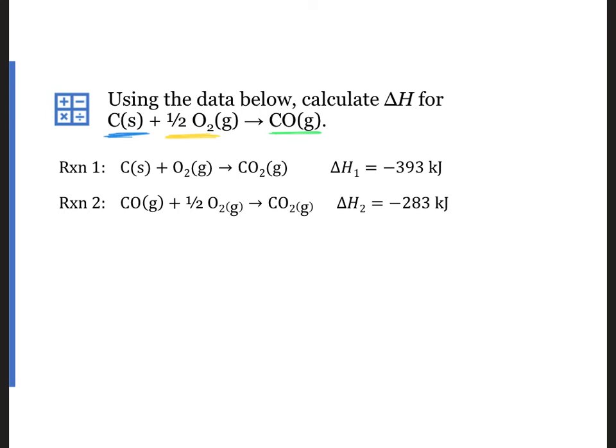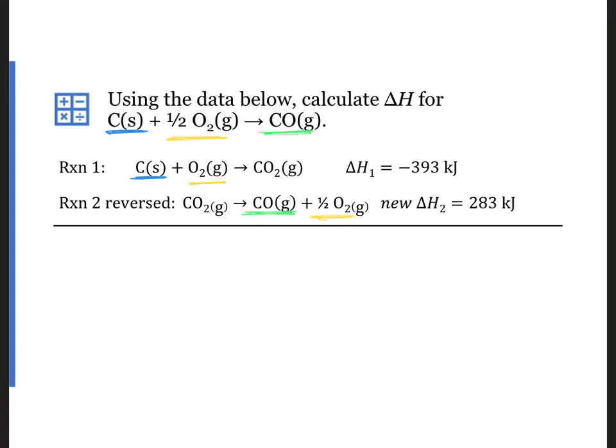The first reaction has 1 mole of carbon on the reactant side, so we're going to leave it alone. The second reaction has 1 mole of carbon monoxide on the reactant side, so we need to reverse that reaction. When we do so, we must also change the sign